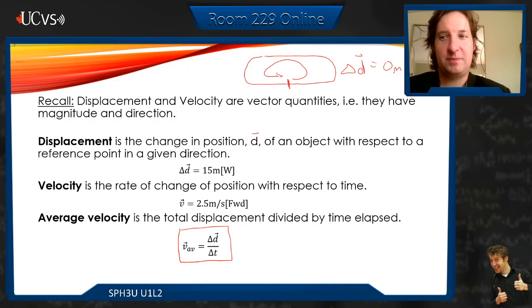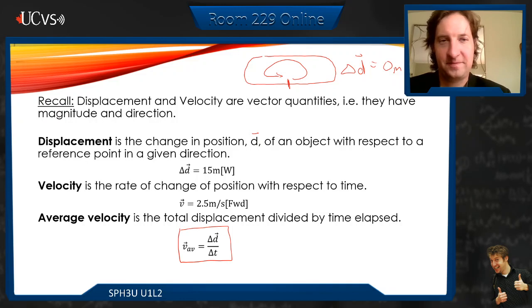Okay, our displacement will be 0 meters because we didn't actually end up going anywhere in terms of displacement. We did not displace ourselves. Our distance is 400 meters, but our displacement is 0 because we ended up in the exact same position. And so the concept of displacement is